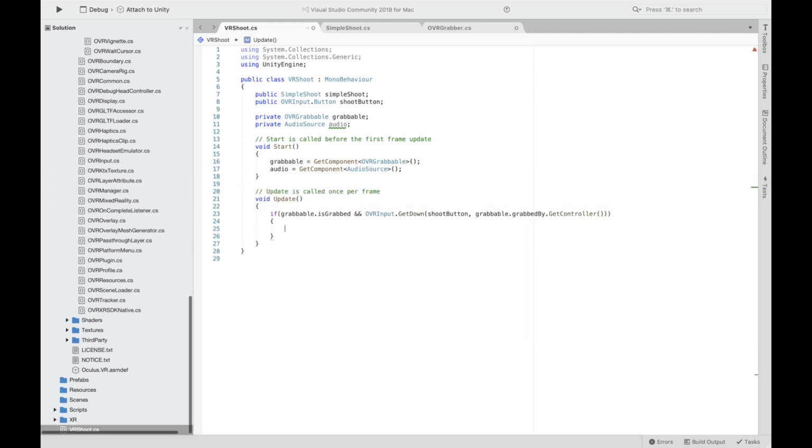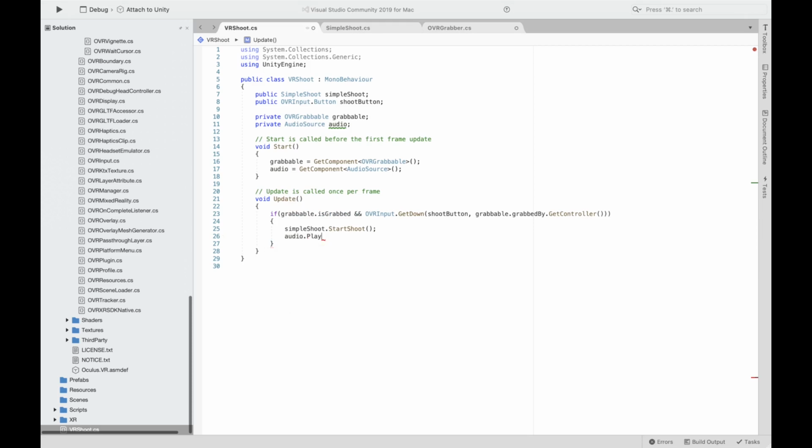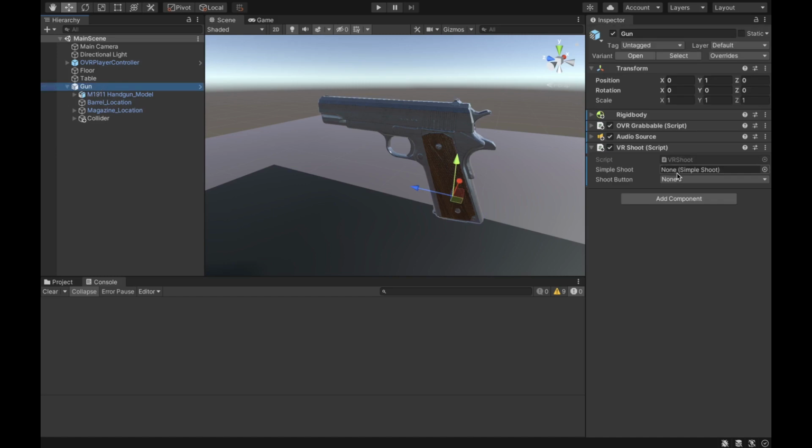And that's why we're going to use the getController function that we created in the OVR grabber script. Lastly, we're going to select the simple shoot.startShoot function, and we're going to play the audio that we already attached to this gun object. Now that we're back in Unity,